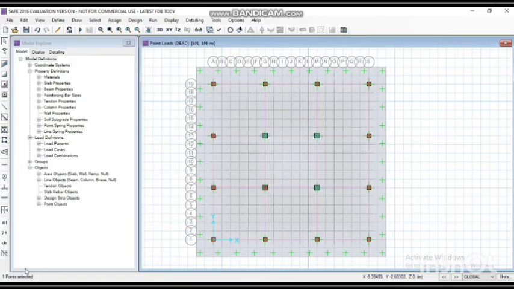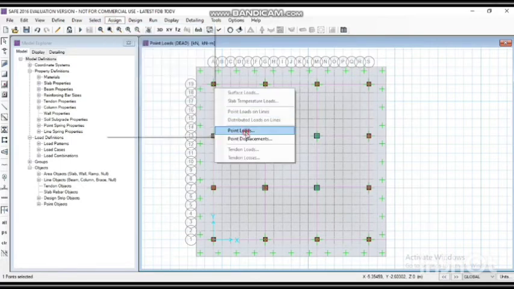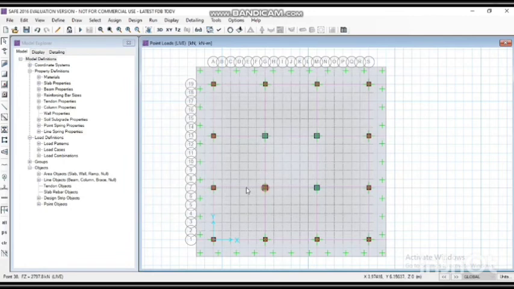Again select that point and make sure that one point is selected only. Then go to the assign menu, load data, point loads and make it as live load and change the value for live load for C6 column. Make the value as 2797.8 kilonewton. Then click on OK.